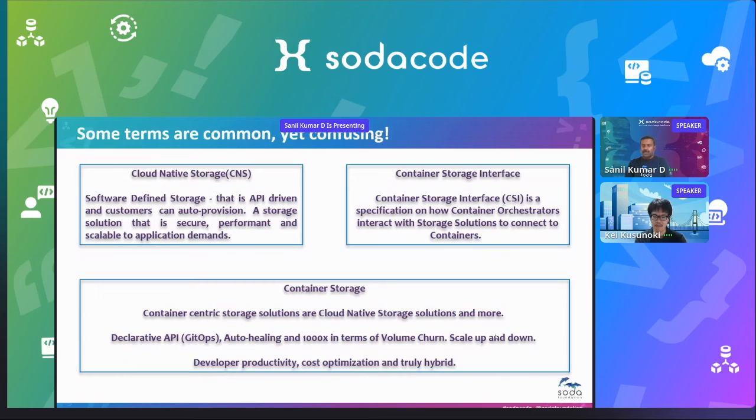So these are some of the terms. When you say CSI plugin, you may tend to hear CSI plugins more. A CSI plugin is nothing but the driver written based on the CSI specification. Okay, so let's get into